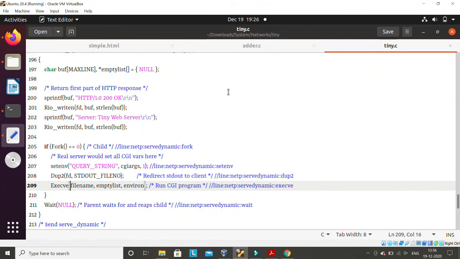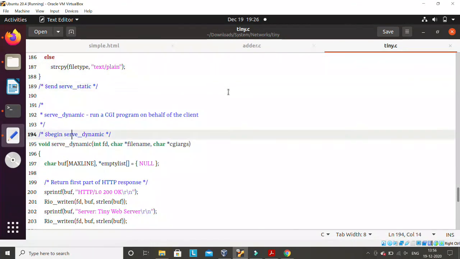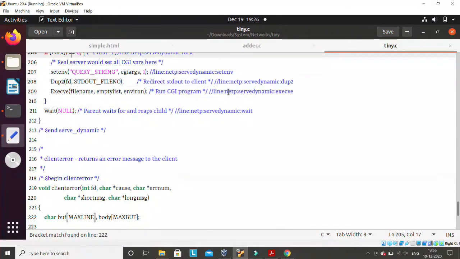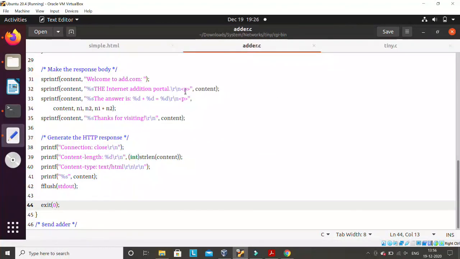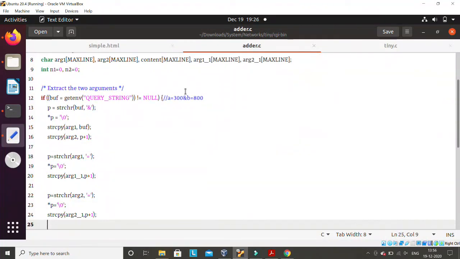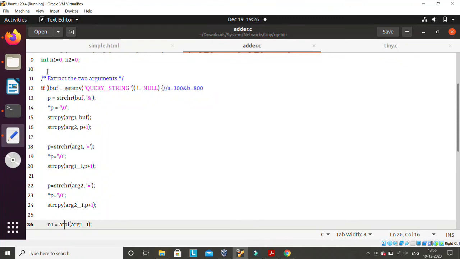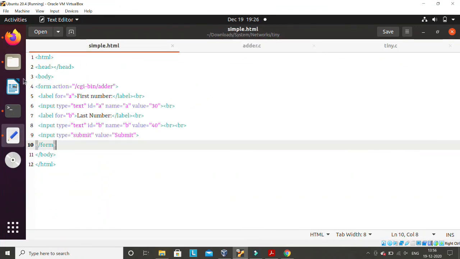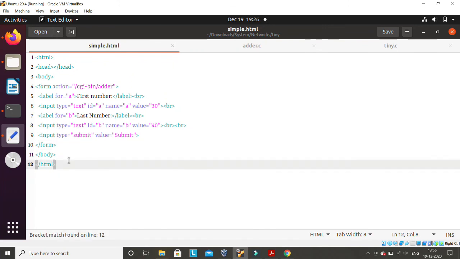The only thing that is not available, which I have modified here, is this part that I am showing you multiple times in the adder part only. This processing part is different, I have added something. And this simple.html file is not there, because it's a different type of HTML file. I am using a form here. You can pause the screen here and see what is written in this simple.html. You can create this.